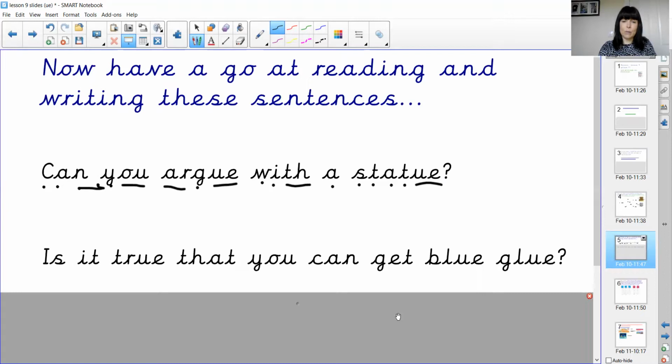Okay, we've got one more here to try. I think you can have a go at trying this yourself before we go through it together. So pause the video here, have a go with the sound buttons if you need to, and read that sentence. Okay, let's go through that together. Hopefully you got it. It is, it,